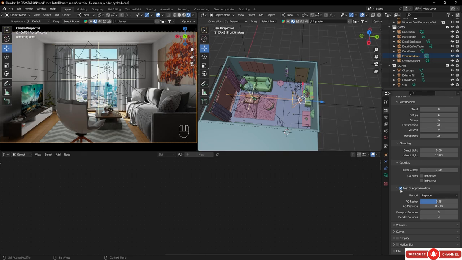In my case, I'm not going to use it. So let's untick here fast GI approximation. As you can see, it's almost as fast and more accurate. And that's it. Then if you want to make a render, you just have to render here, image,